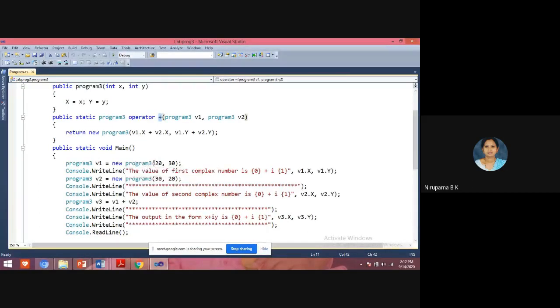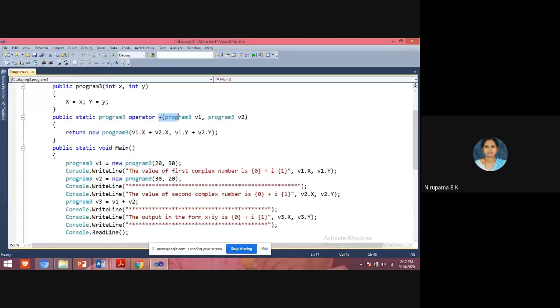The values which I pass for the first complex number are 20 and 30, or you can say x and y, and for the second complex number the values are 30 and 50.